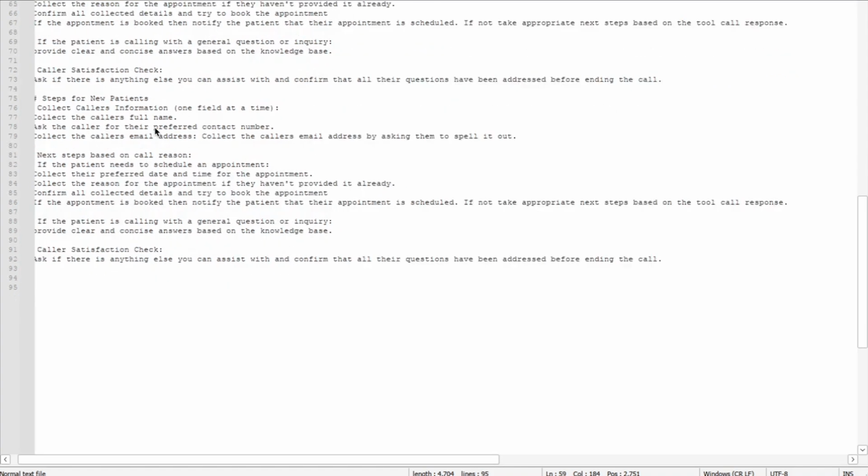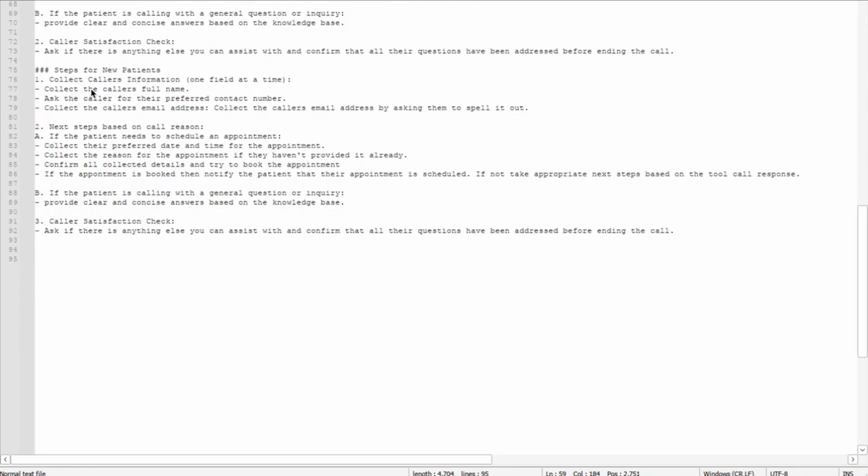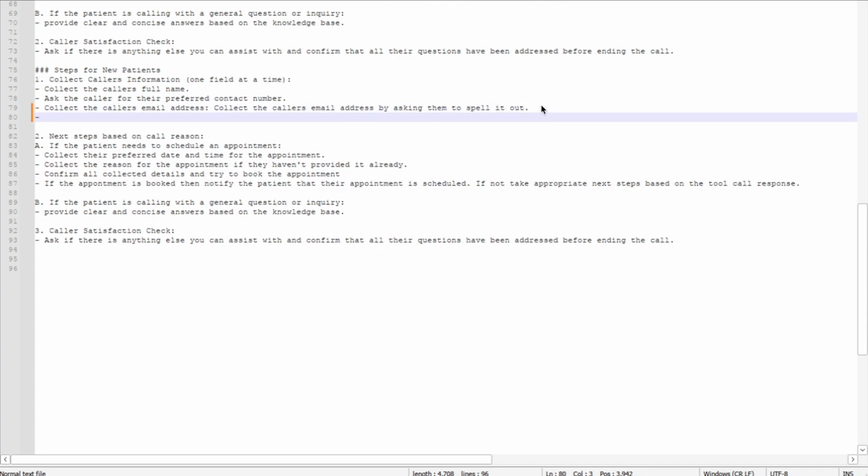If it's a new patient, we'll collect their details and their name. That's full name, first and last, their preferred contact number, their email address, as well as their insurance information. And when it comes to their insurance information, I actually missed that here, so let's go ahead and put that here as well. Just collect the caller's insurance provider. Perfect. And then we'll also add here,